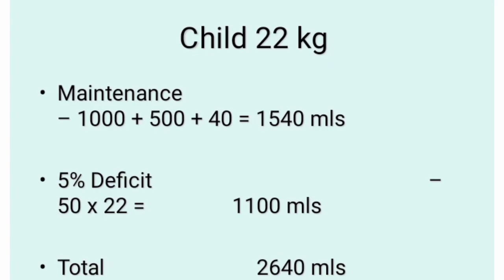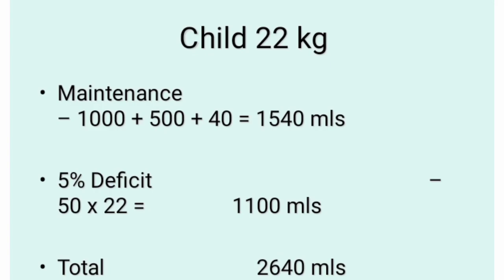Again, a child of weight 22 kg, how are you calculating the fluids? So maintenance fluid, as you know, the first 10 kg is 100 ml per kg, so it becomes 1000. Next 10 kg is 50 ml per kg, so it becomes 500. And the next 2 kg is 20 ml per kg, so it becomes 40. So total fluid is